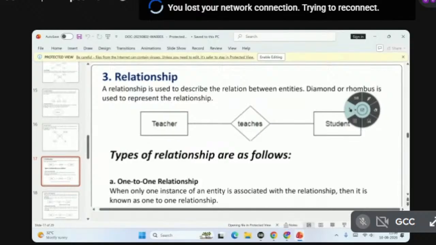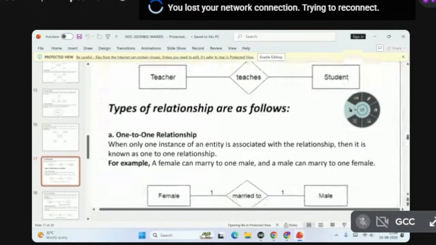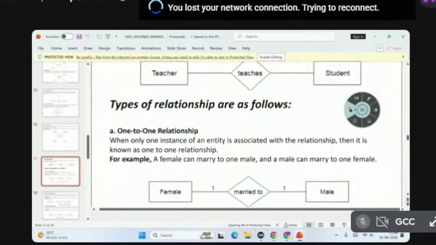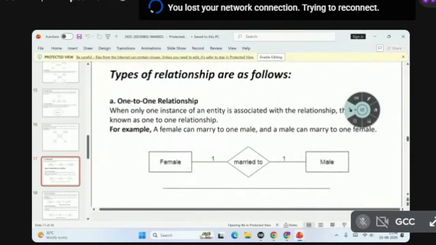Let us see the first one, 1 to 1. Here only one instance of an entity is associated with one instance on the right side entity. Once again I'll explain. Only one instance of the left side entity is associated with one instance on the right side entity. 1 to 1. Example,